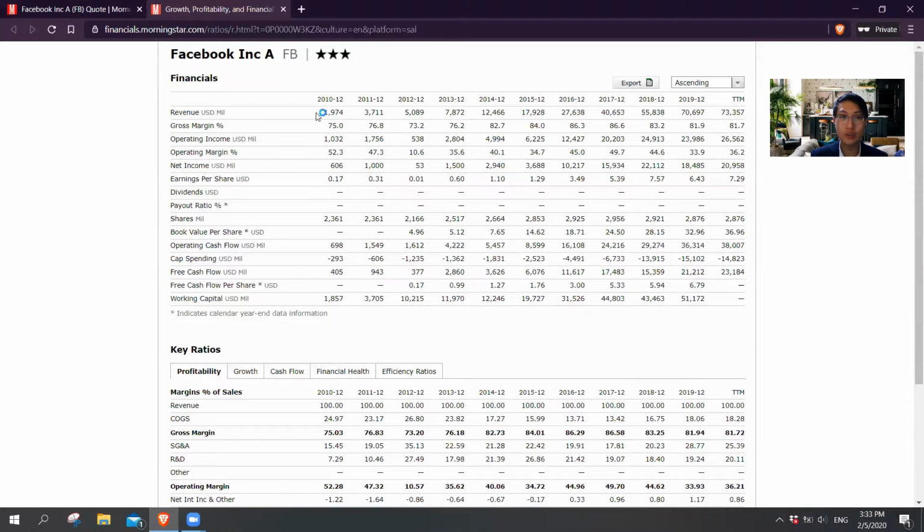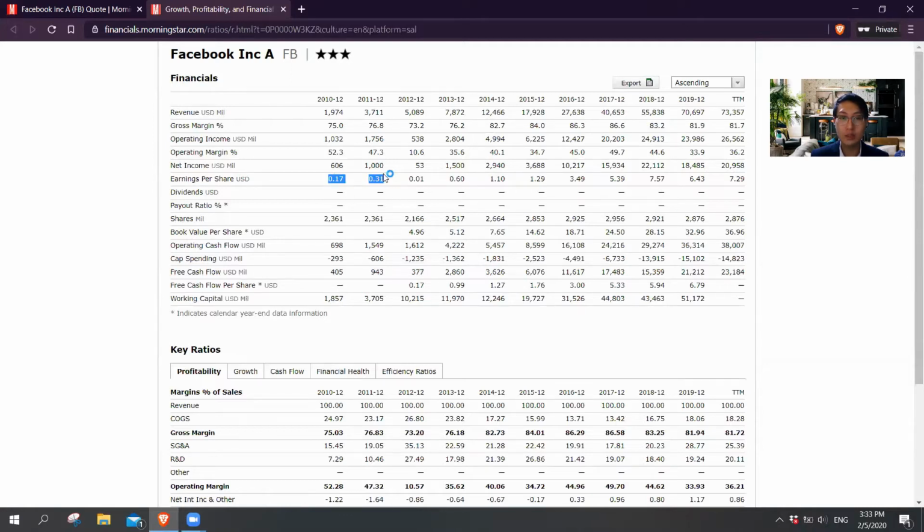So the first is revenue. You ideally want to see an increasing revenue. As you can see, the revenue is increasing over time, which is a good indicator because it's more profitable. The next one I like to see is gross margin. It can vary across industries, but usually I like to see at least 10% gross margin, and increasing is possible. As you can see, there's an increasing margin over time. Although it decreased a little, it's already very high and maintaining at quite a high level, so it's quite good.